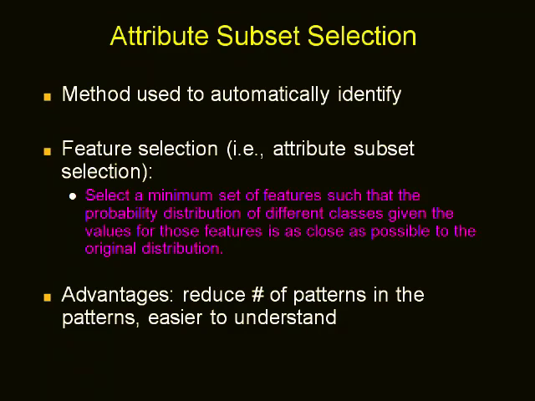The goal of the attribute subset selection is to find the minimum set of attributes such that the resulting probability distribution of the data classes is as close as possible to the original data distribution obtained using all attributes. The advantage of this process is it reduces the number of patterns and also understanding of patterns is easy. Due to the exponential number of choices that exist for a given n attributes, heuristic approaches are used to determine the best subset